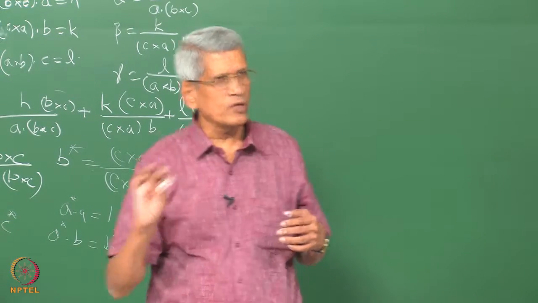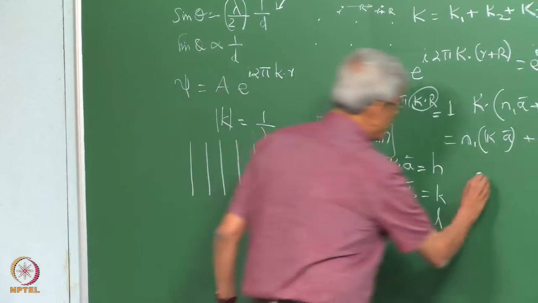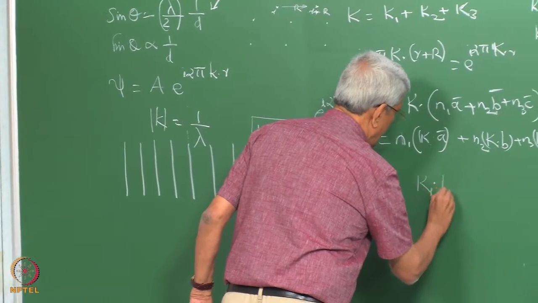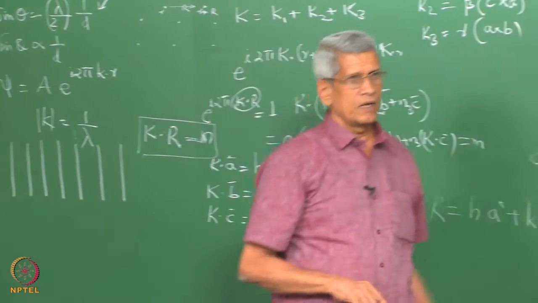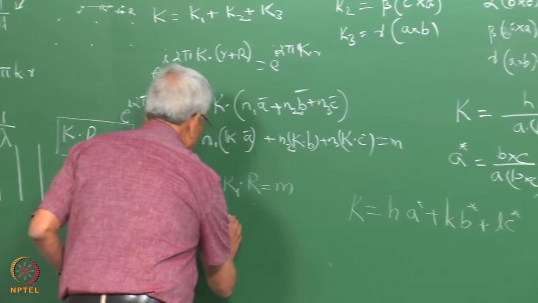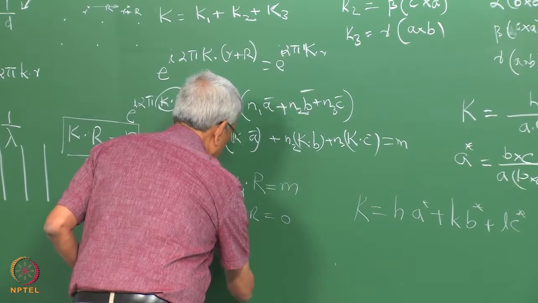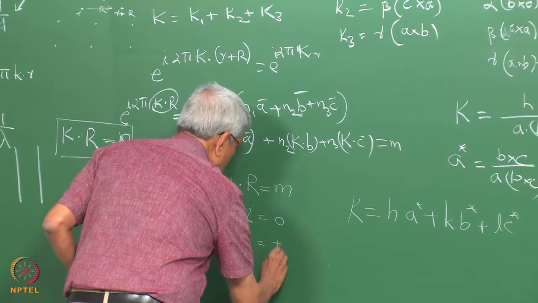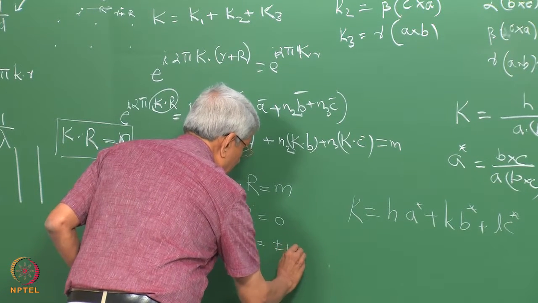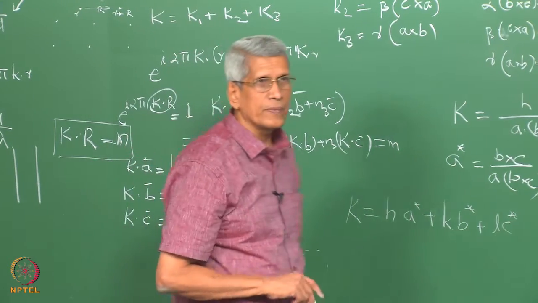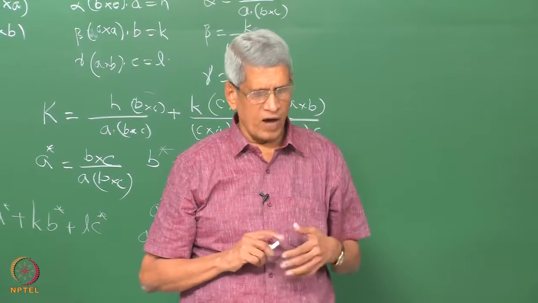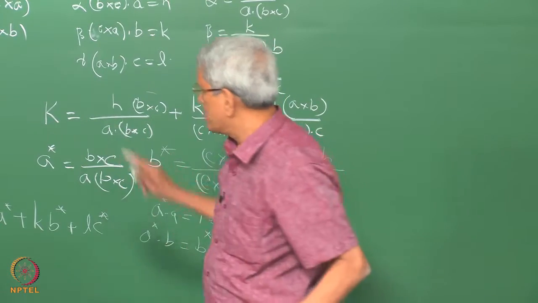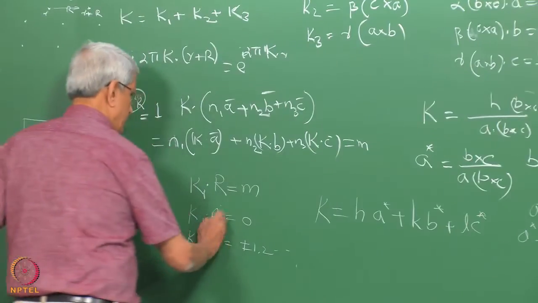Or suppose I choose a specific value of k, some particular vector, say k1, and k1 dot r equals m, I take it. What all can k1 dot r be equal to? k1 dot r could be equal to 0, or plus or minus any number, 1, 2, like that it can happen. K1 remains the same, so there are many values of r which we can choose. Let us just take the case k1 dot r equals 0.